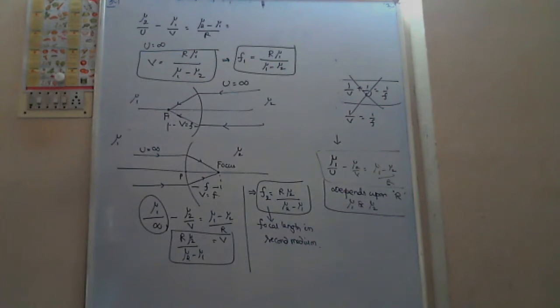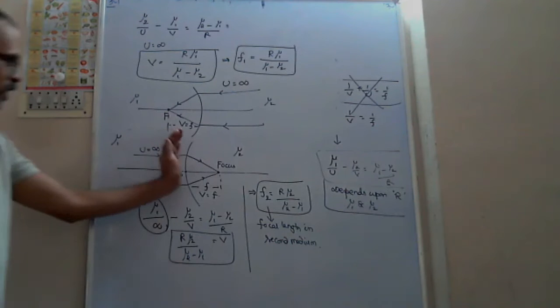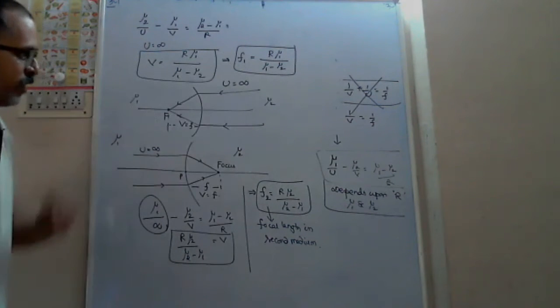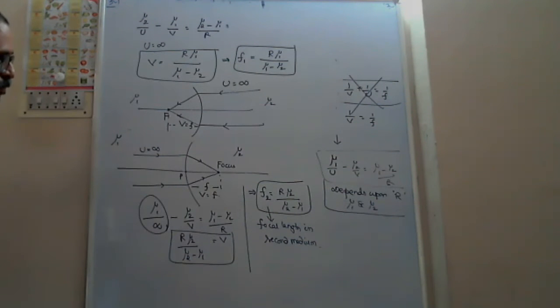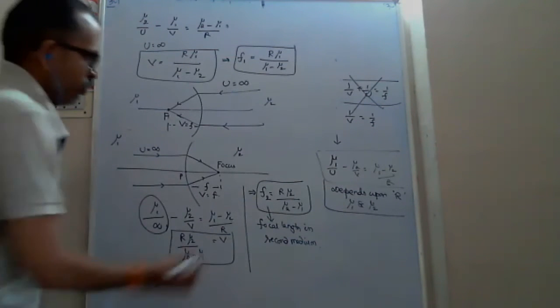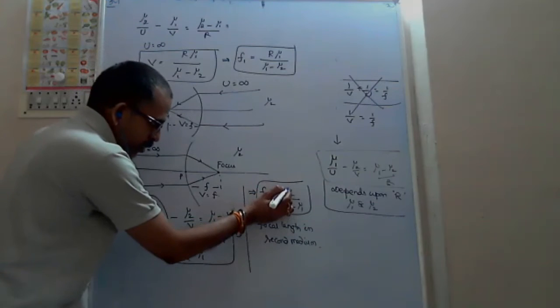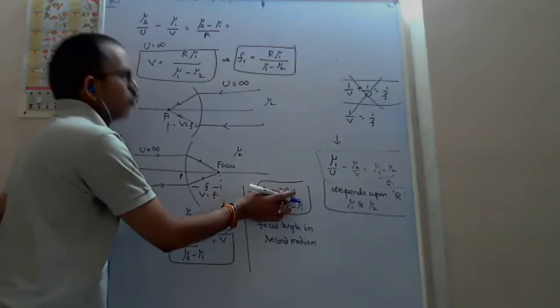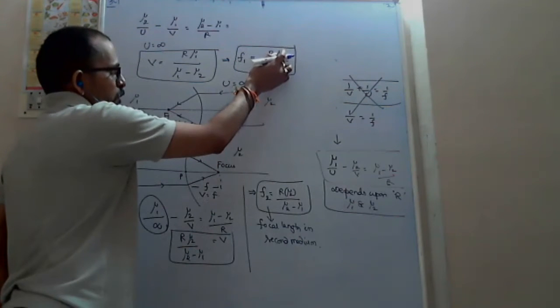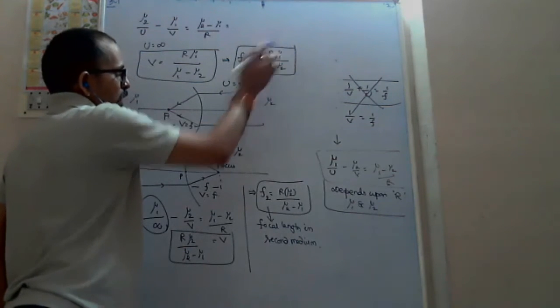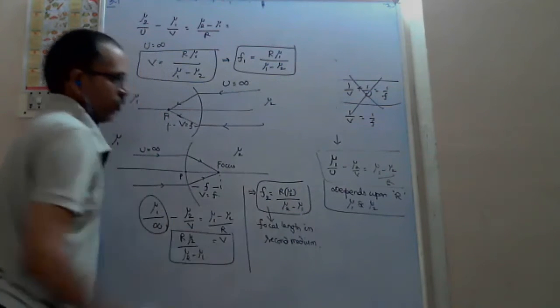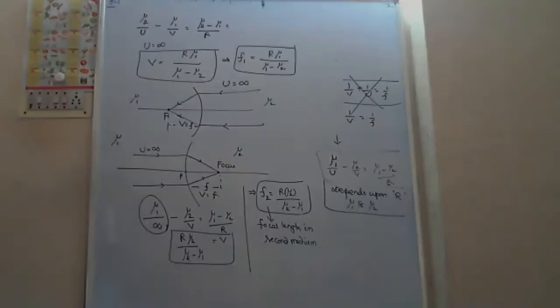So for the single spherical surface, are we getting the same focal length or different focal length? Different, sir. So the focal length mainly depends upon the medium. F2, you are getting with mu2. F1, you are getting with mu1. If it is mu1, mu1 minus mu2. If it is mu2, mu2 minus mu1. Correct?